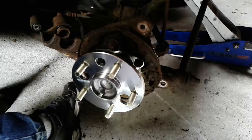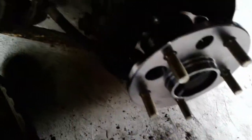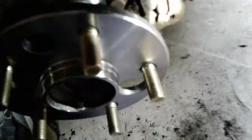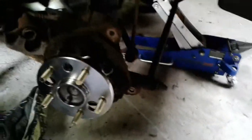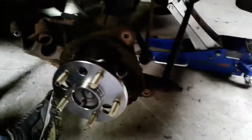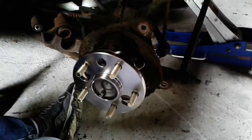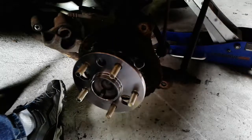All 4 bolts are in. Let's see. Top here is 1, 2, 3, and then down on the bottom, number 4. I'm just going to go ahead and tighten them in a crisscross pattern and then torque them in a counterclockwise or clockwise pattern. Doesn't really say anything in the book about how to do that, but